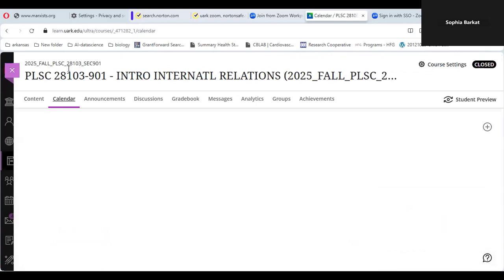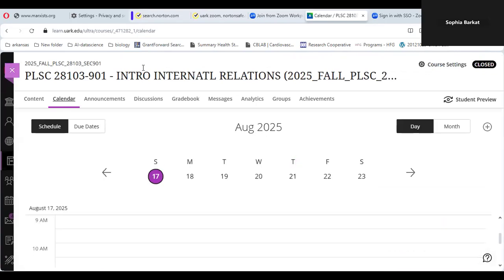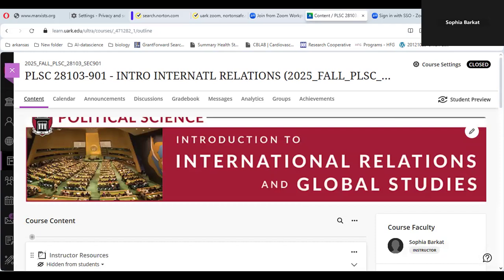You have the calendar, which should show you what's due, what's happening on a monthly or weekly basis. But I've seen some problems with the calendar. Sometimes it will not show the assignments that are due. So don't follow the calendar necessarily. Look at the syllabus, and also in the content section, you will see,